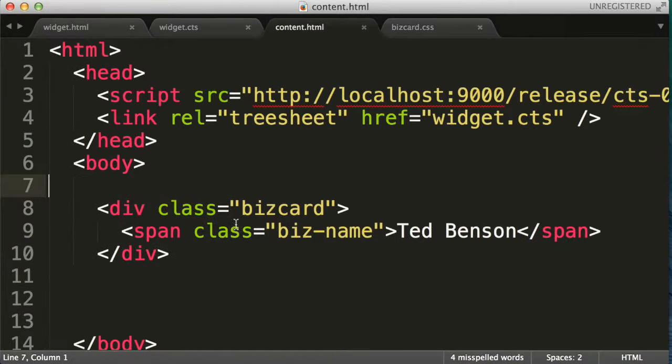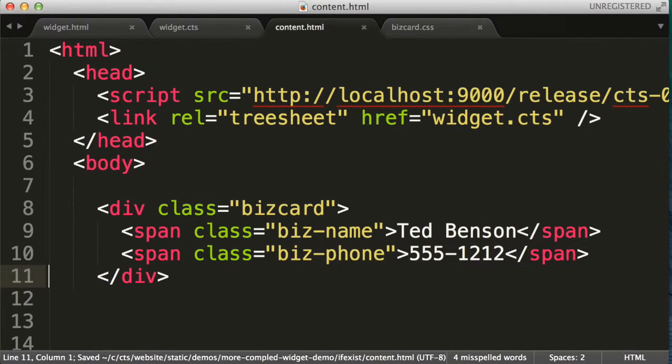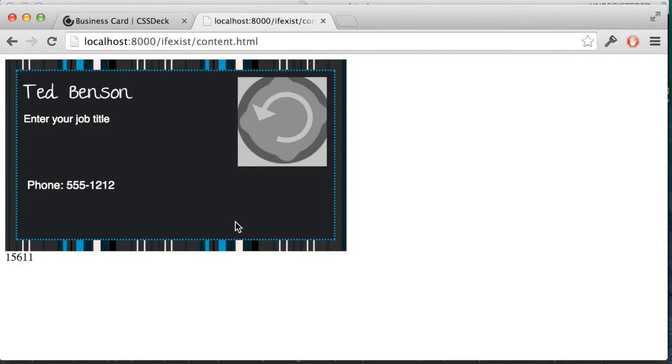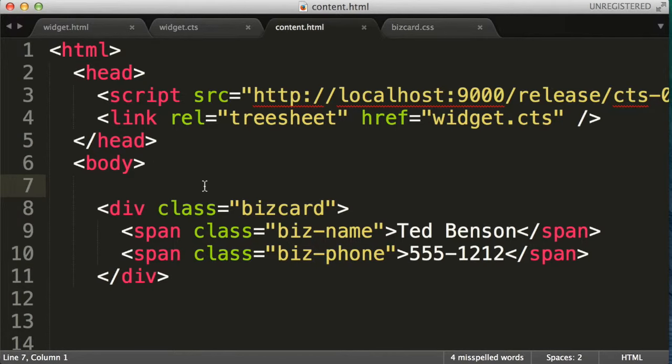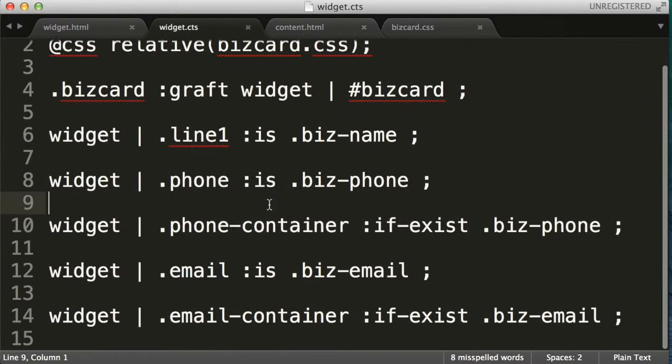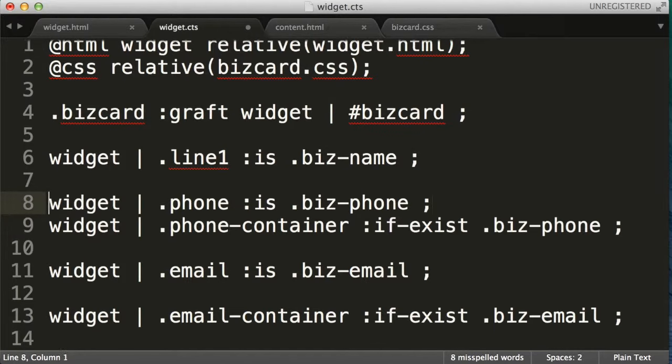But again, in the presence of a phone, the phone chrome will appear as well as the phone number being mapped in. Okay, so that is both a review of making some widgets, kind of another example, and an example of this two-rule pattern where you want to conditionally show the chrome and then also map the slot. Okay, so now we'll